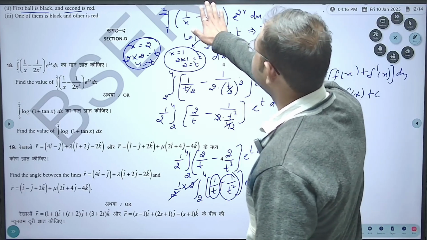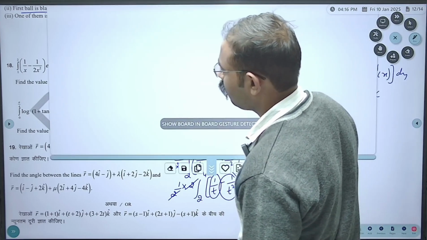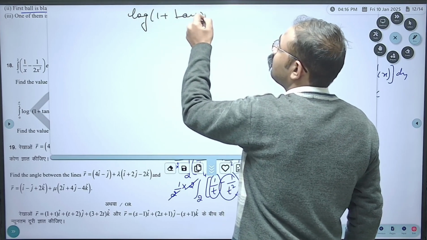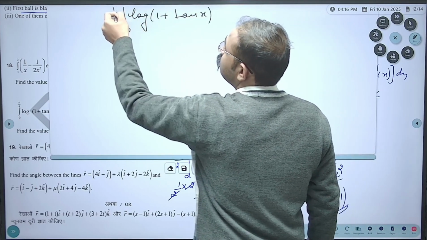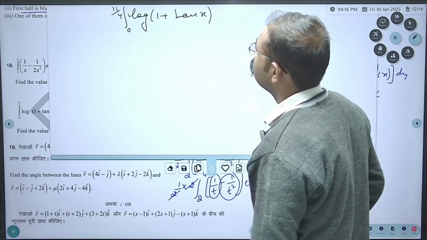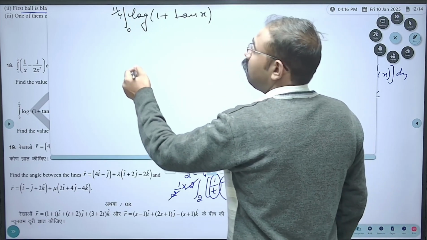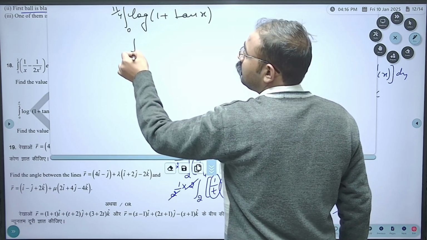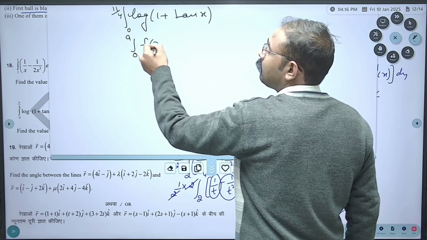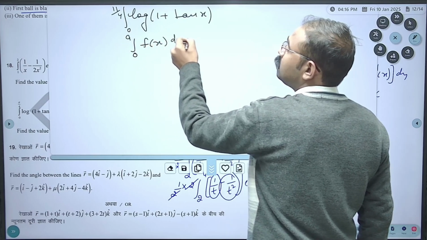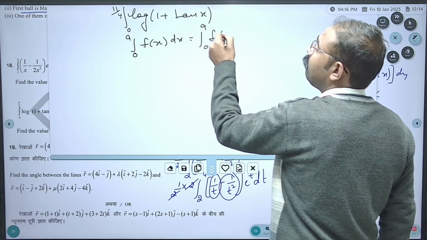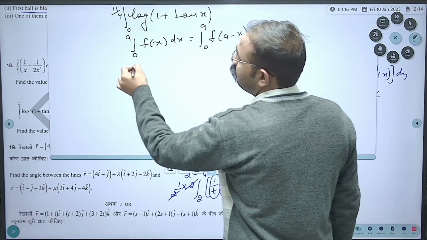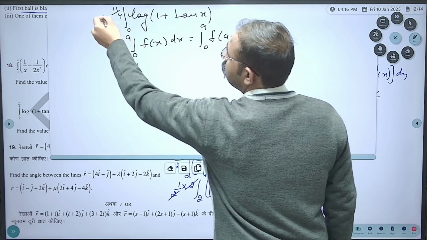How will we solve? This was the question: integral of log 1 plus tan x, with limit 0 to pi by 4. So how to solve this? We will apply this limit here. We have one property: integration 0 to a f(x) dx is equal to integration 0 to a f(a minus x) dx, and this property we will apply here. Then I is equal to